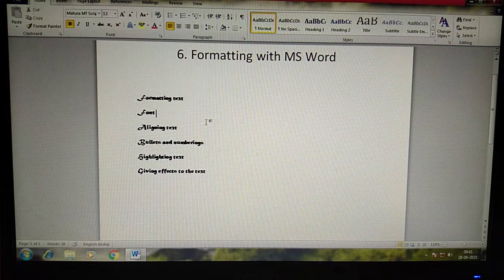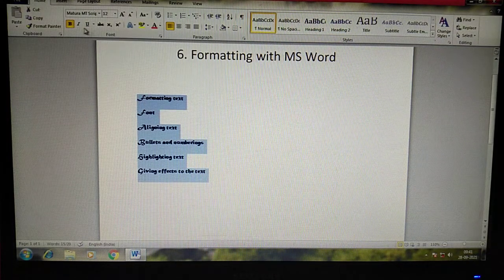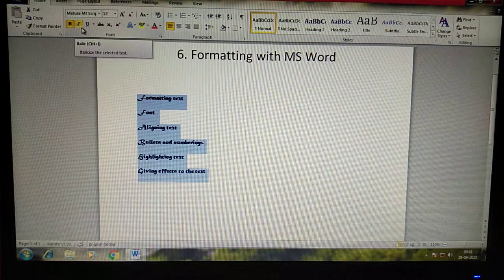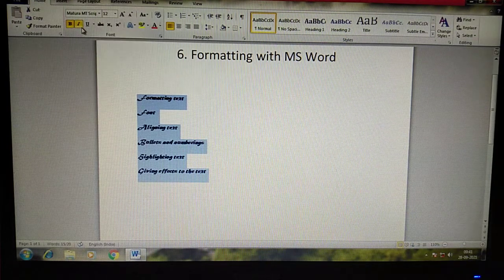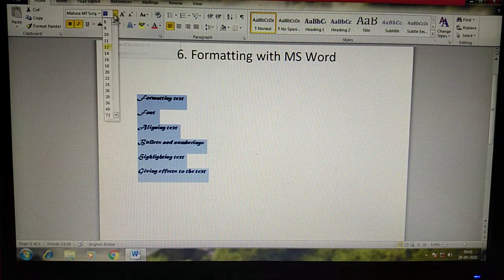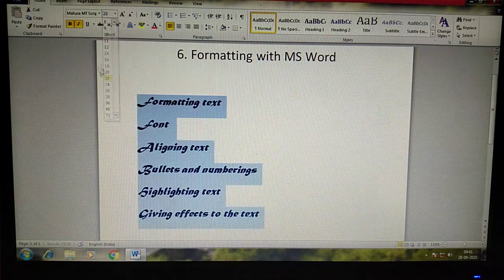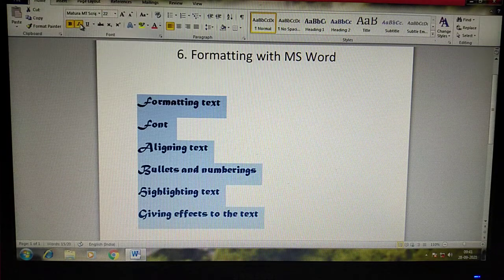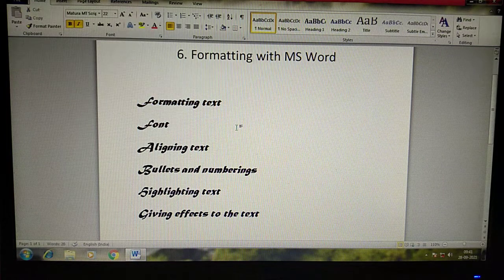Yes, this is the change of bold. Italic means the word is a little slanty. See the changes there? Can you see the changes children? Yes, this is the italic option.